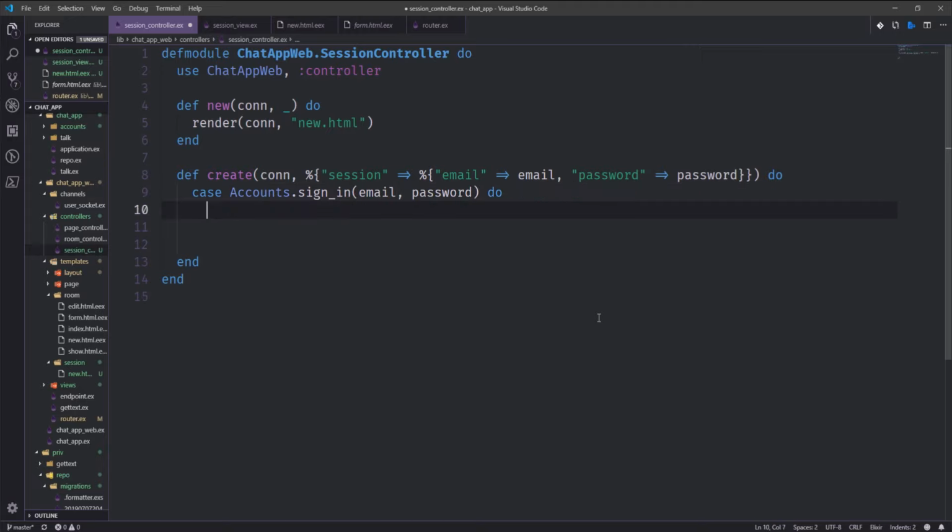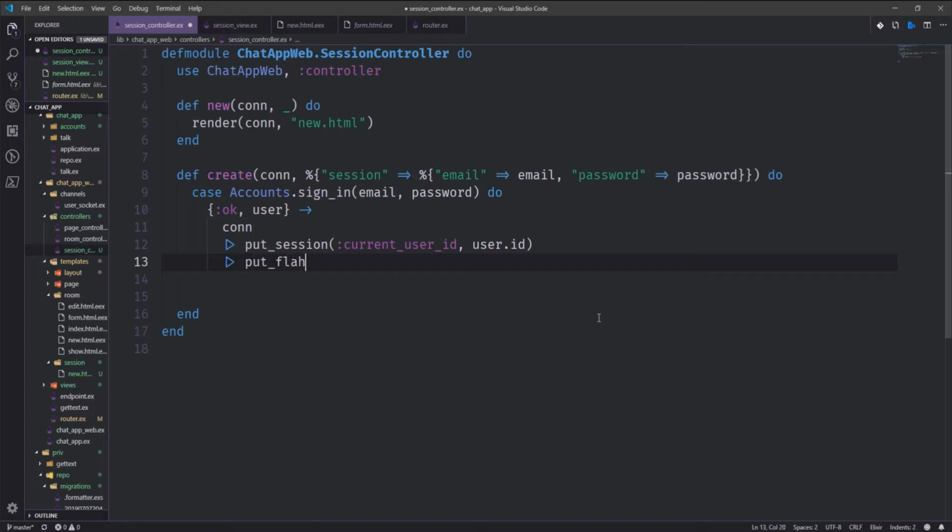And we pass in our email and password, and then we'll say, okay, user, get that back, take the connection, we'll put session, so this will put the current user ID, user.id, into the browser so that we can bounce it around our connection, and then put flash like this, info, you've signed in,